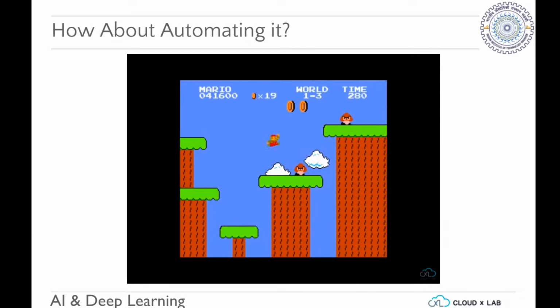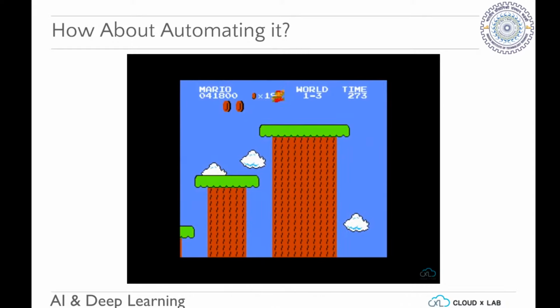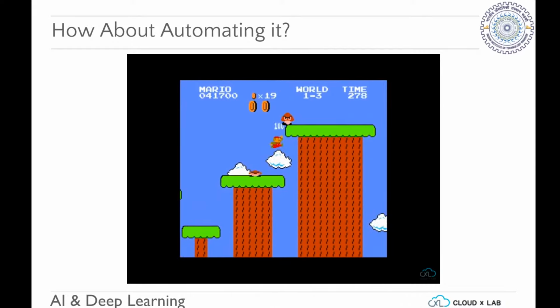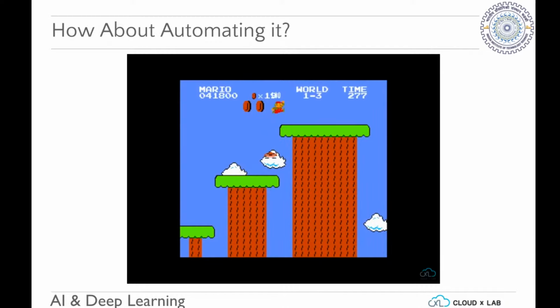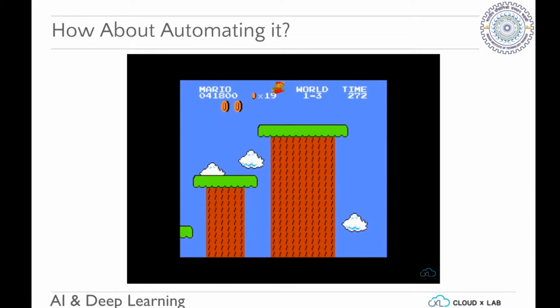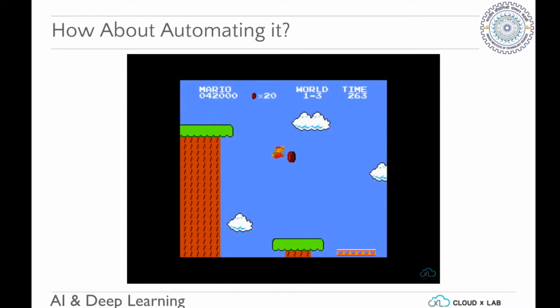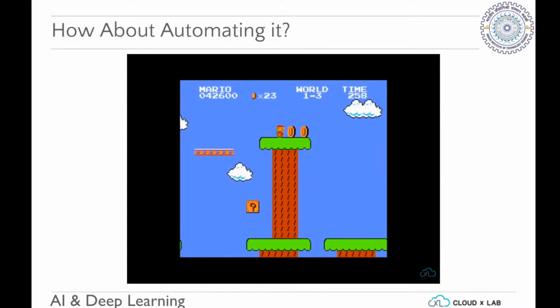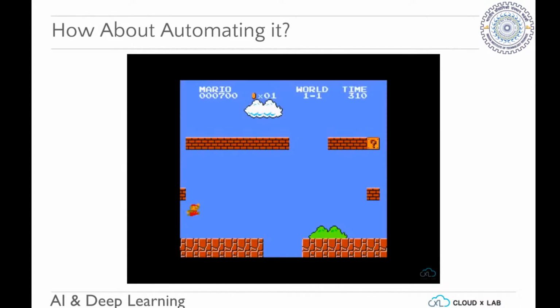So Mario is actually going to... Okay, what did Mario do there? What did he do? As he went there, you see him, he did this tiny drop step and managed to kill the turtle on the drop step in the air. So it looks like a little bug in the code, but the program figured this out by just trying it multiple times. Okay, next we'll show Mario exploiting another bug.